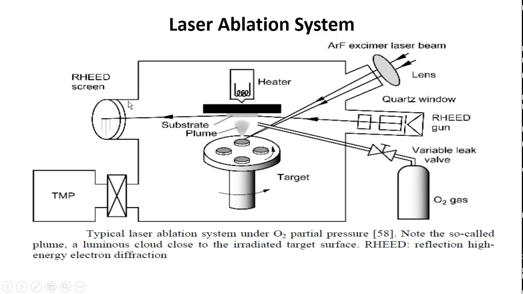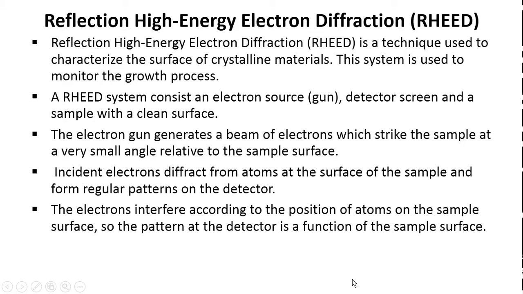This is a fluorescent screen, a detector which shows how the growth process is taking place here, or how effectively the growth process is taking place. The RHEED detector is very similar to a fluorescent screen, in which whatever growth process is taking place will be directly seen, so that it can be monitored. The growth process of the sample, or of the layers produced upon the substrate, can be monitored here. So that is the advantage of using the RHEED system.